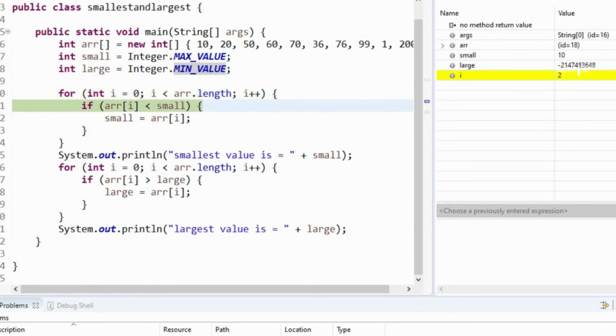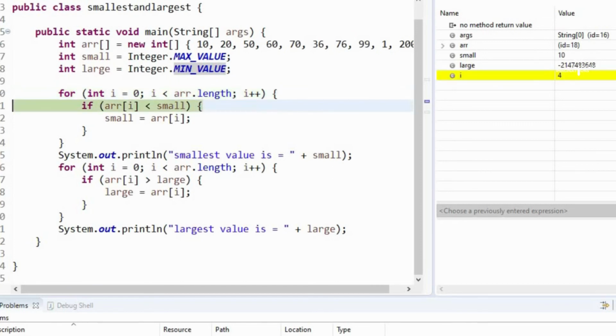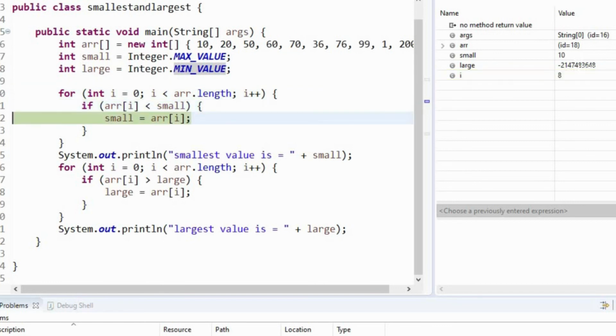Again we check for 50, it is again not less. Again for 60, not either, so it will keep checking until this 1. This 1 is definitely less than 10, so it will get into the if block and assign 1 to small. Let's check. Now the small variable is assigned the value 1. This is how the loop is working.